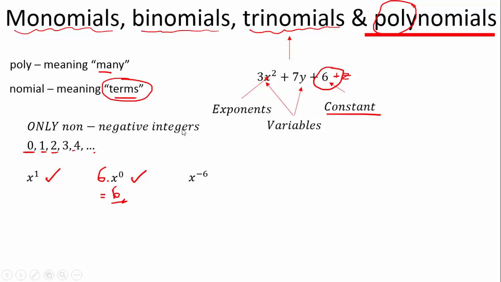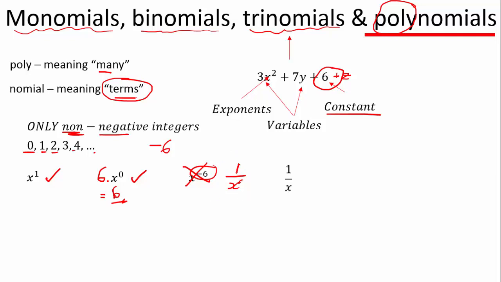Right, what about x to the power of negative 6? It can only be non-negative integers. This is a negative integer. Negative 6 is a negative integer. For this reason, it can't be a polynomial. This is not a polynomial. And remember that x to the negative 6 is the same as 1 over x to the 6. So we can quite easily see that you can never have a variable at the bottom of, or divided by